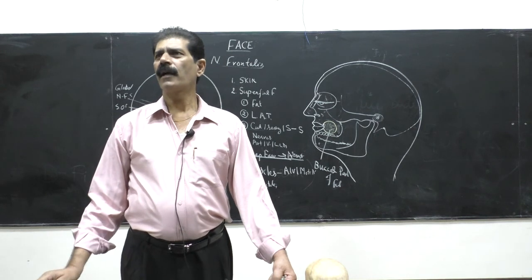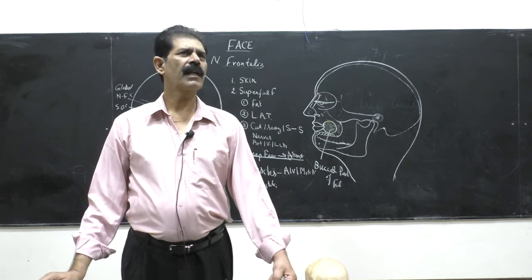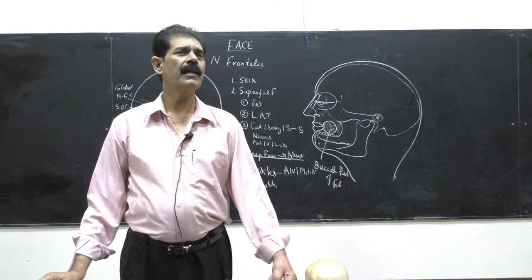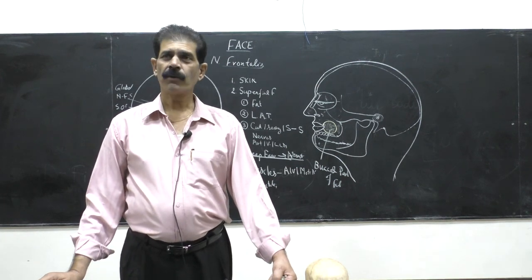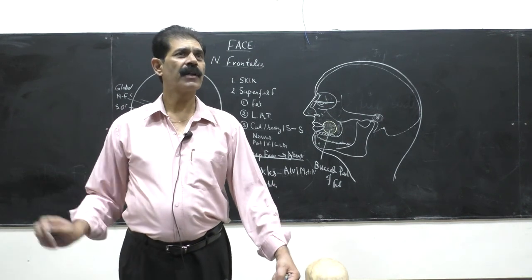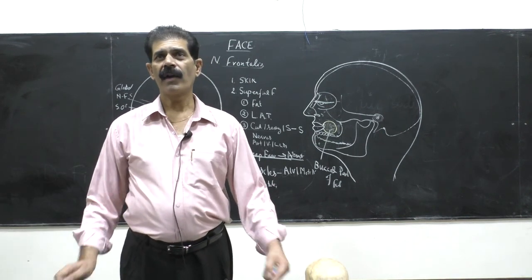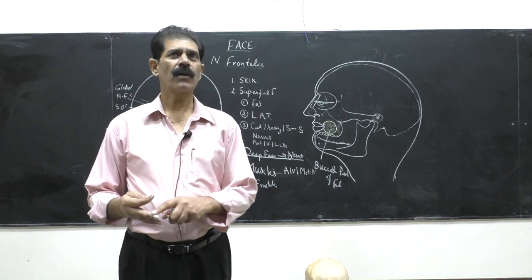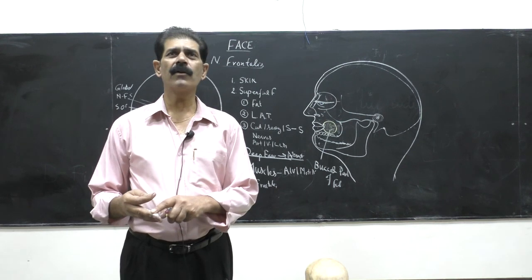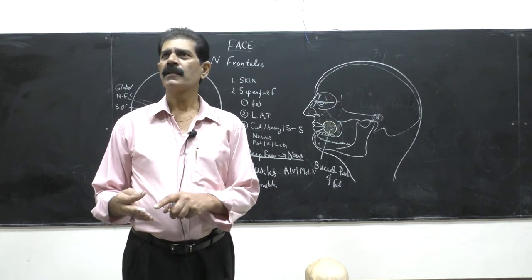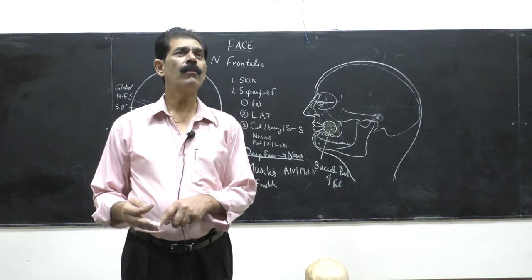So while you are doing the head and neck, in other words, we are exploring the 12 pairs of cranial nerves which you have read in the brain. While you are doing the dissection of the face, all 12 pairs you will study in detail, whether they are sensory, motor or mixed. All 12 cranial nerves are not sensory. They are not all starting from the skin. All the cranial nerves are not motor.